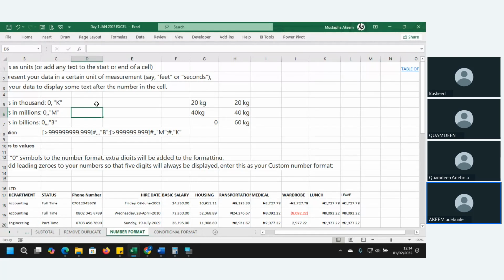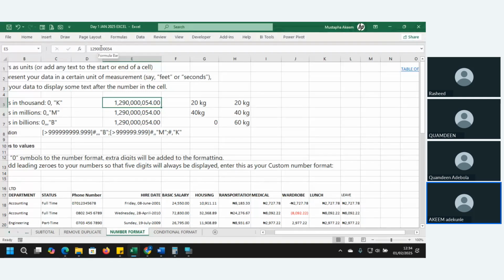When you have numbers that you want to reduce, for example, you work in large numbers. You have like 1, 2, 3, 4, 5, 6, 7, 9. This is in millions, right? Okay, this is in billion, right? And that one here, and that one here. Okay. We have this number. You want to show in thousands. It means the last three digits will go off. Right? If you want to show in thousands,